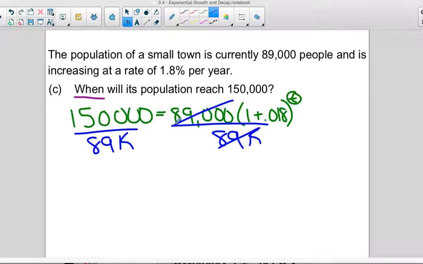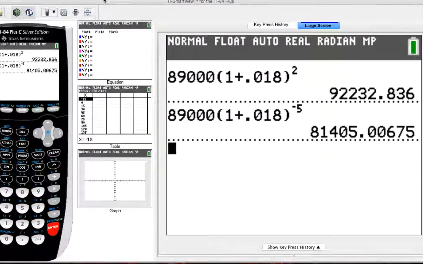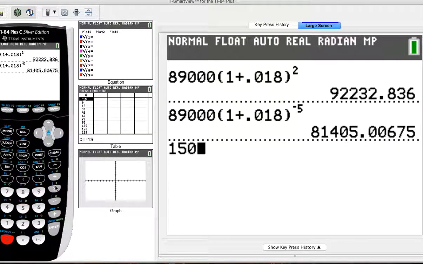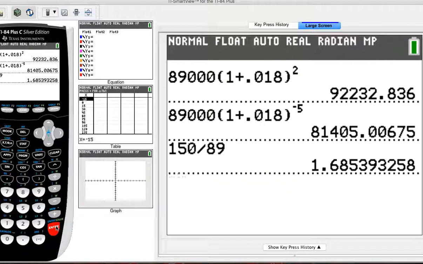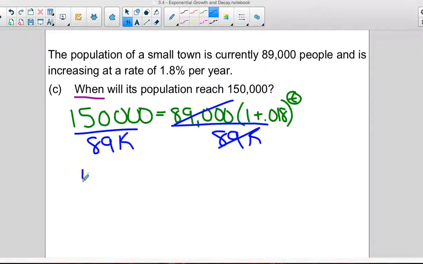So these cancel. And on my calculator, I can do that. 150,000 divided by 89,000. The same thing as 150 divided by 89, since the three other zeros will cancel. All right, and I get 1.685, dot, dot, dot. So on my paper here, I'm going to put 1.6 and dot, dot, dot. I want to keep all of those decimals, right? So I just put dot, dot, dot to show me that I need to keep all those decimals. Equals 1 plus 0.018, which you can actually just do that math because it's in parentheses, so it's 1.018